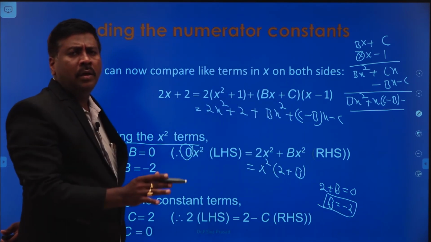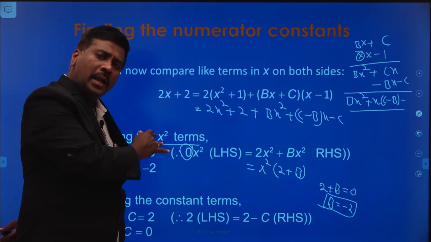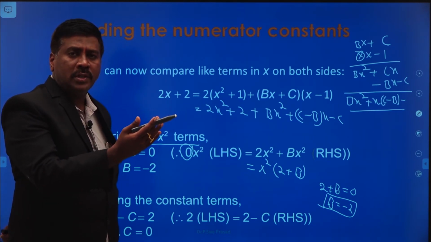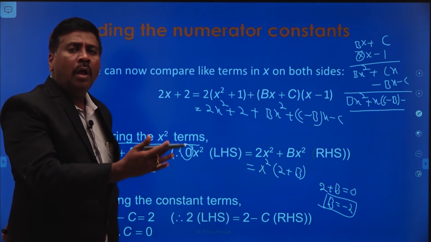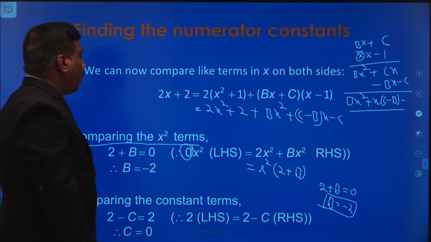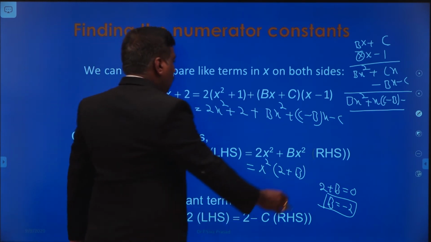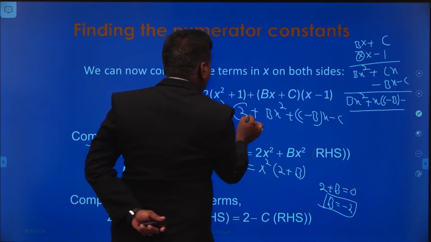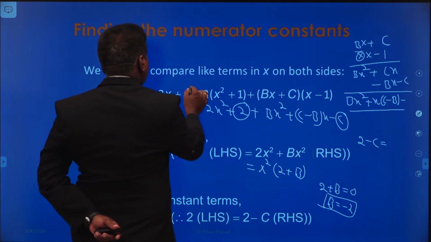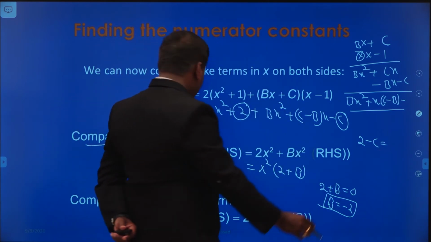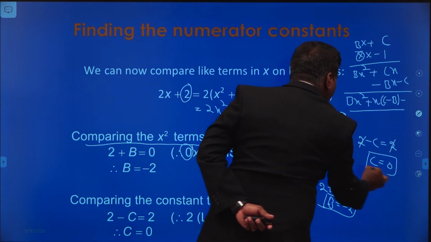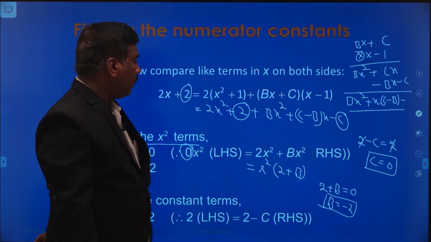That is the same technique. Whatever we did in the previous problems, here also the procedure is the same. But before that, we had to find the values for the constants a, which exist in the non-repeated linear factors only. Okay. Now, comparing the constant terms. What is the constant term here? This is the constant term, 2 and minus of c. Therefore, 2 minus of c is equal to the constant in the left hand side, which is 2. Then 2 is cancelled and c is automatically equal to 0. C is also automatically equal to 0.